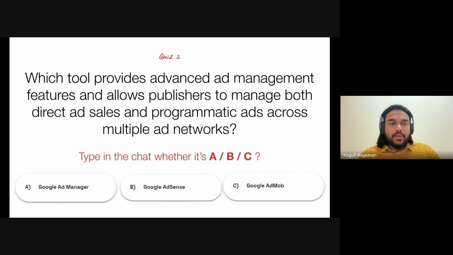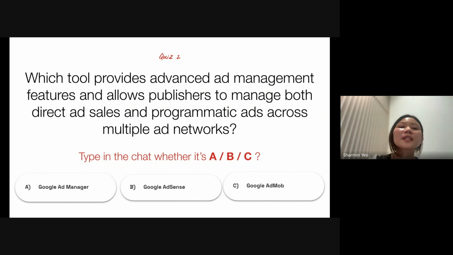Right. Let's go to the second piece of the day. Over to you, Shaman. All right, thank you, Koga, for sharing with us the different ad platforms that are available for publishers. So I'm gonna quickly launch the second quiz of the day, and the question will be: which tool provides advanced ad management features and allows publishers to manage both direct ad sales and programmatic ads across multiple